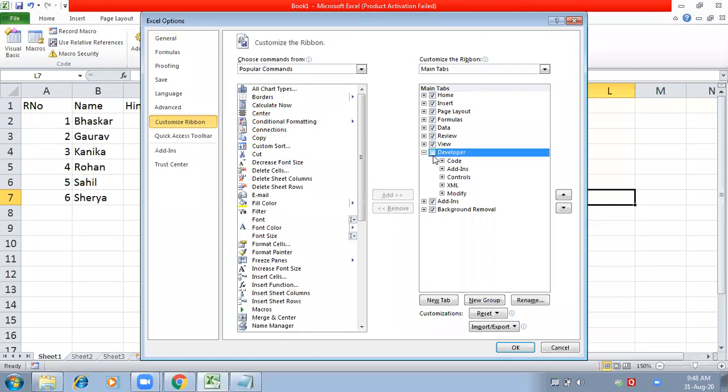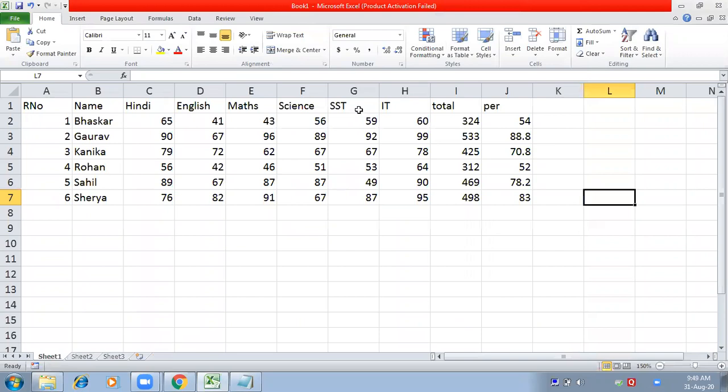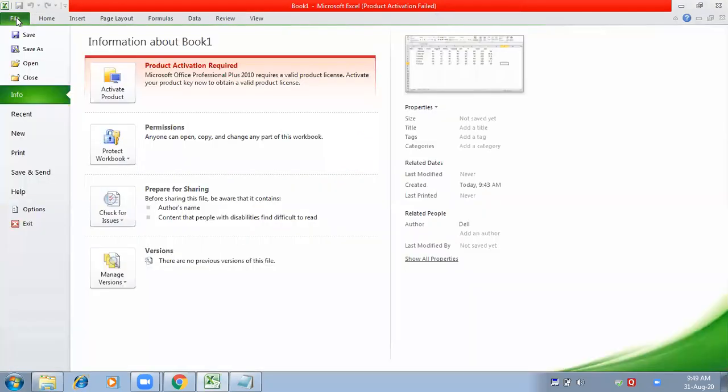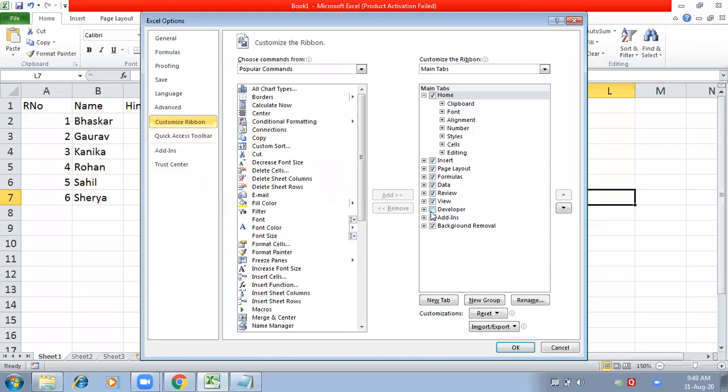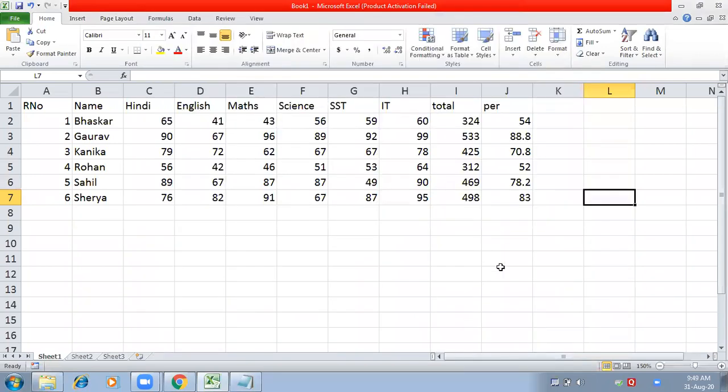You have to click on this, otherwise you will not be able to see the developer tab here. To show that tab, you have to go to File, Options, Customize Ribbon, then click on this Developer tab and OK. Now it is there in the sheet.